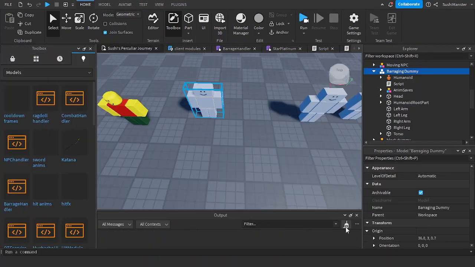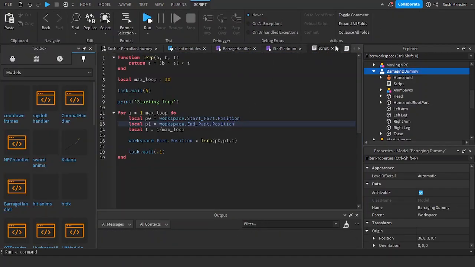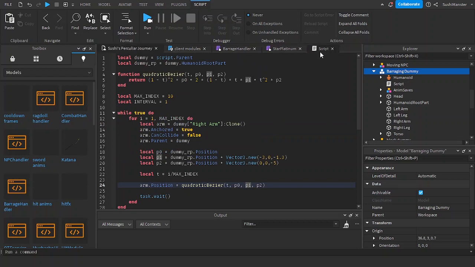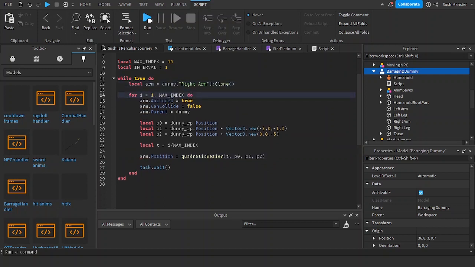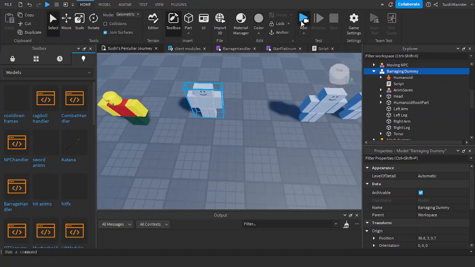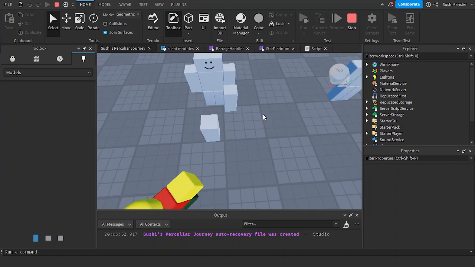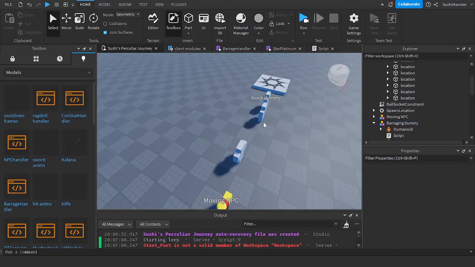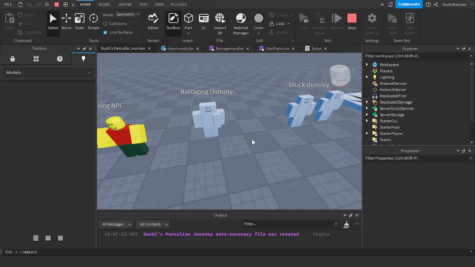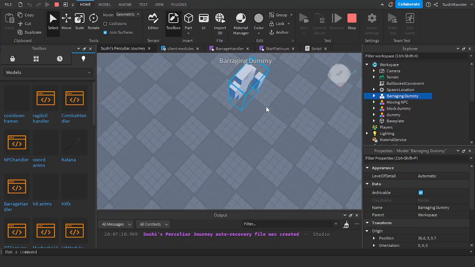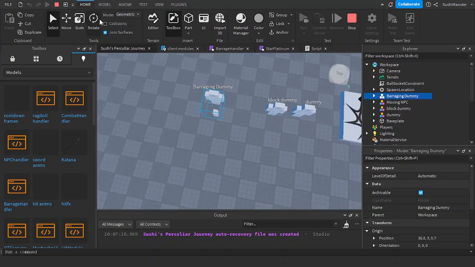Hold on, something went wrong. Oh yeah, I'll just clone this in the loop. There we go. Okay, so it looks like this. Let's destroy the arm. So now this looks like this, but the problem with this is that it's not relative to the barraging dummy,